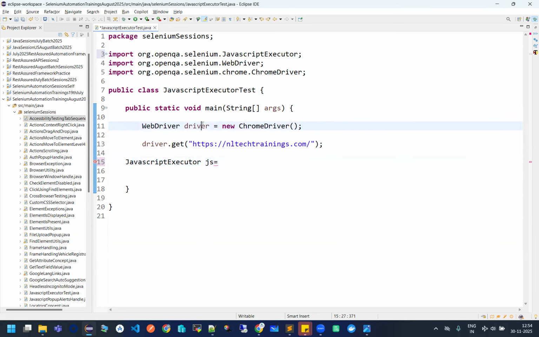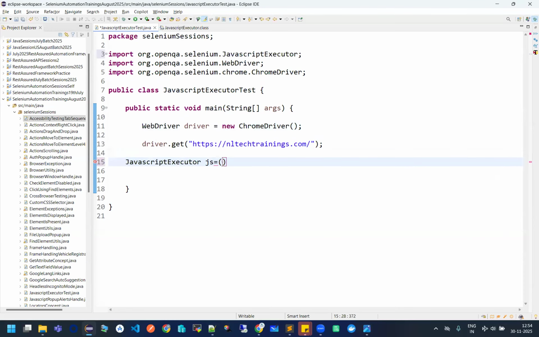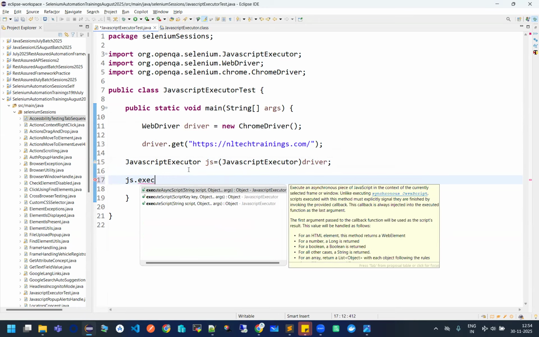So can I do one thing? Can I typecast this driver to JavaScriptExecutor? Sorry, just a second. This driver to JavaScriptExecutor. This is what I did. I actually typecast one interface reference variable to another interface reference variable. Why? Because now this driver, which is getting upcasted, interface to interface casting, to the executor, with the help of this, I can now call the executeScript method. See,